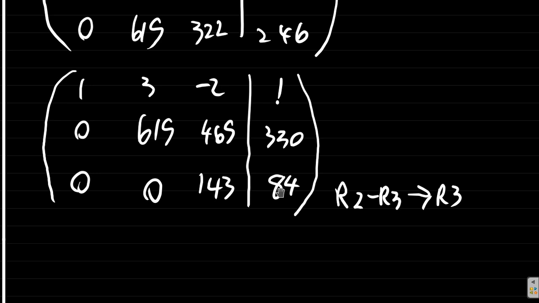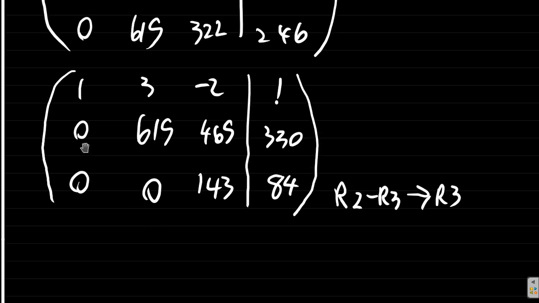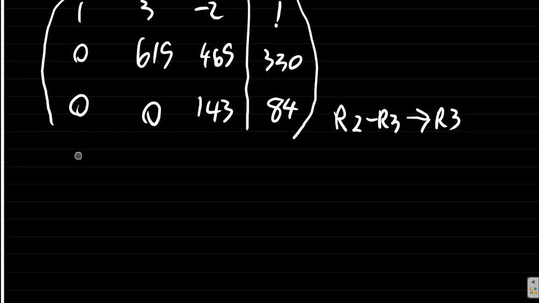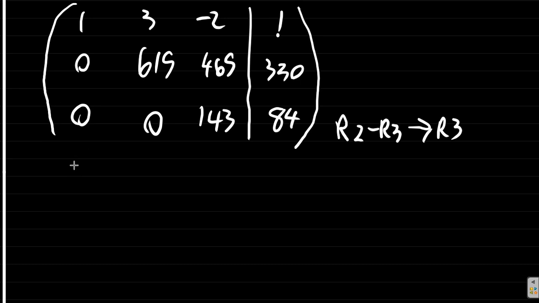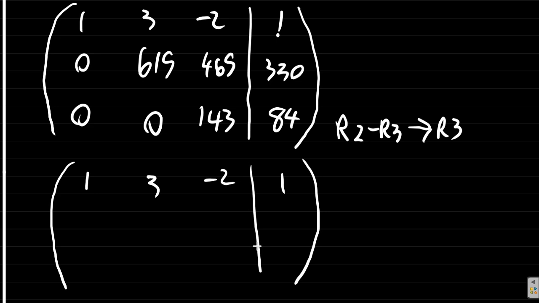Well, let me see something. 615. Could we divide by 15? Yeah, we could. Right? 465. And we also have 330. Yeah, we could divide through by 15 to get smaller numbers. You don't really need to, but you have 1, 3, negative 2, 1, 0,